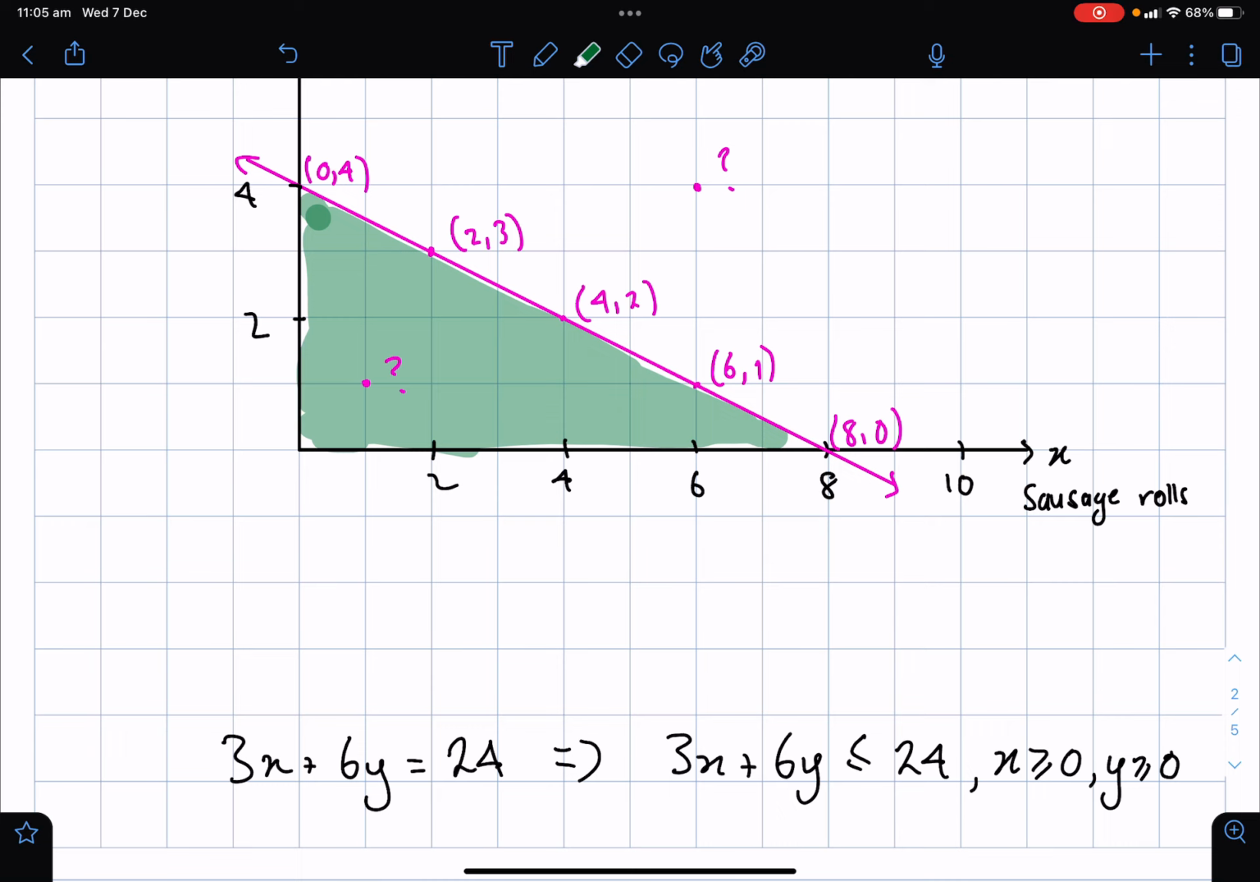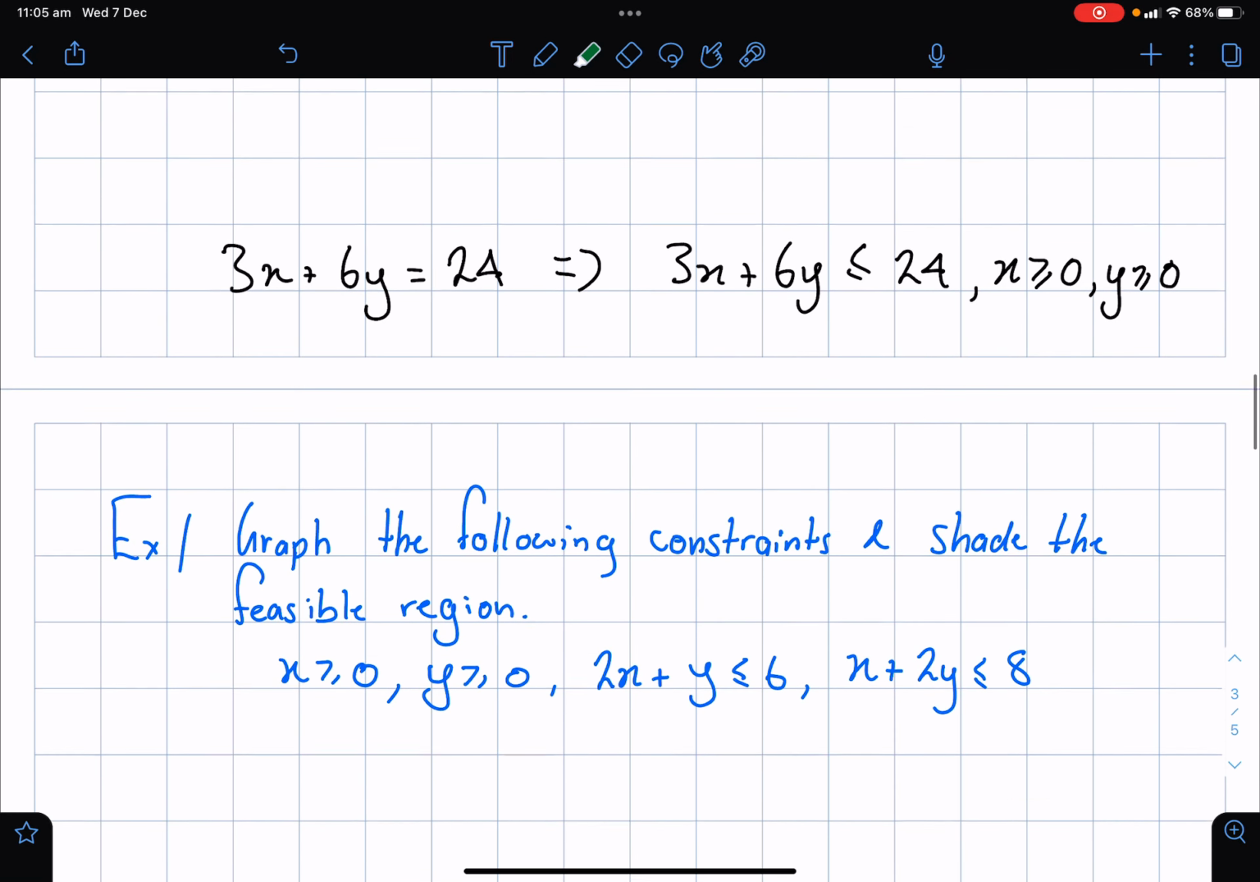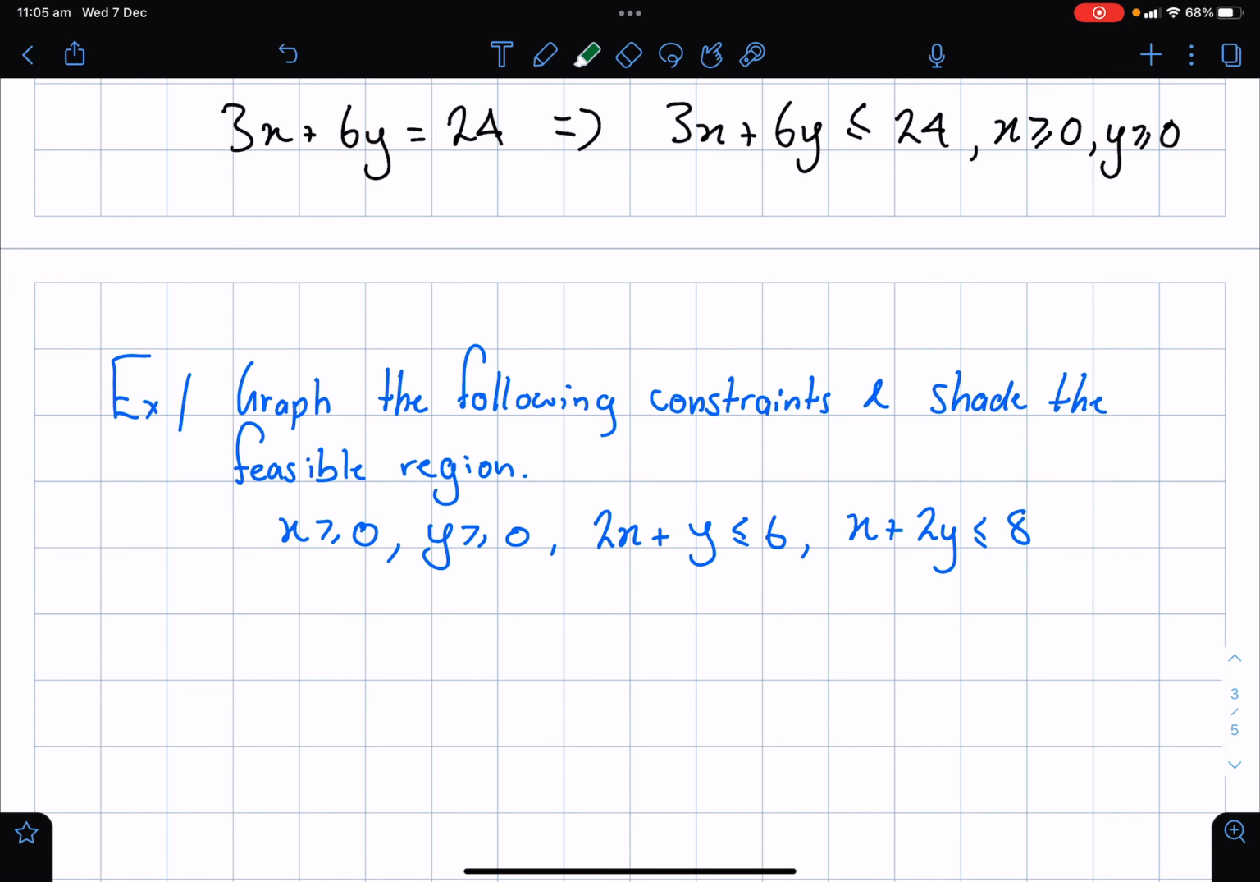Okay, so this is what we say when we sketch the feasible region, which is what we're going to do in another example below. All right, so graph the following constraints and shade the feasible region. Now we've got x is greater than or equal to 0, y is greater than or equal to 0, and then we've got 2 equations. So 2x plus y is less than or equal to 6, and x plus 2y is less than or equal to